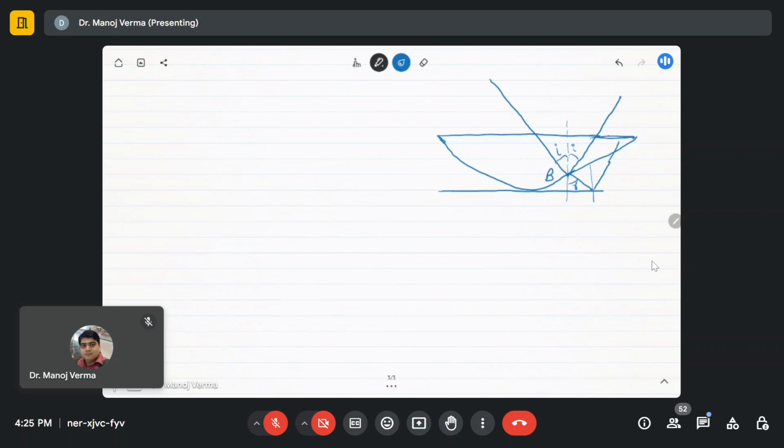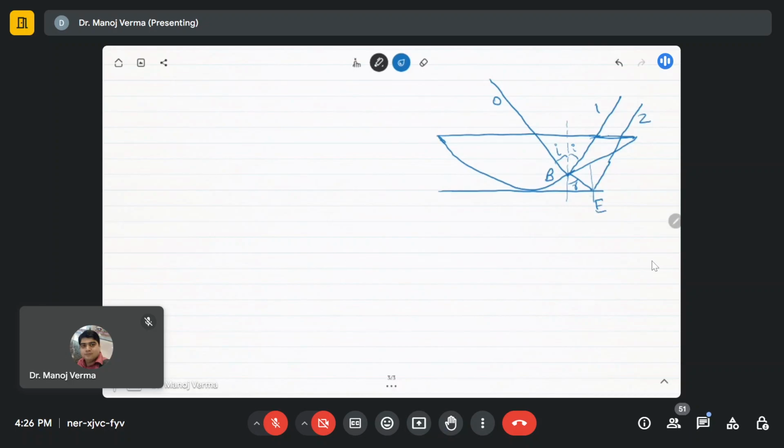Okay, so it will go like this, and it will transmit. It will refract from the glass medium. So 0, 1, and 2. So this zeroth ray at point B, it got reflected as well as refracted. The reflected part I am denoting as 1. The refracted part, this part, the ray BE,